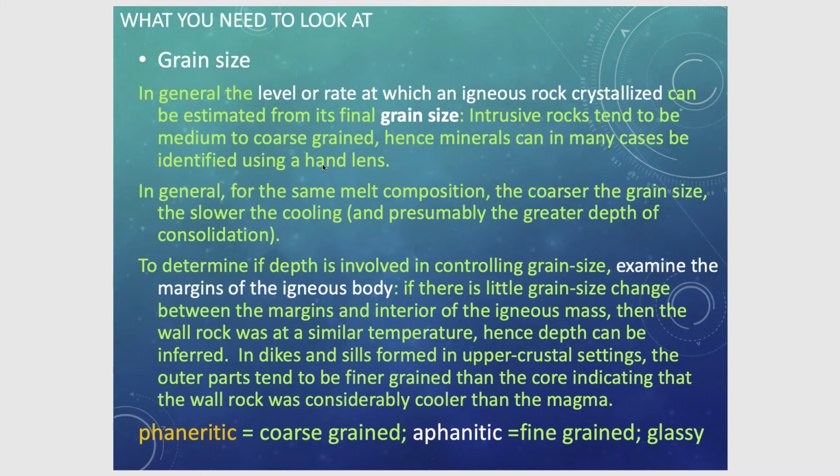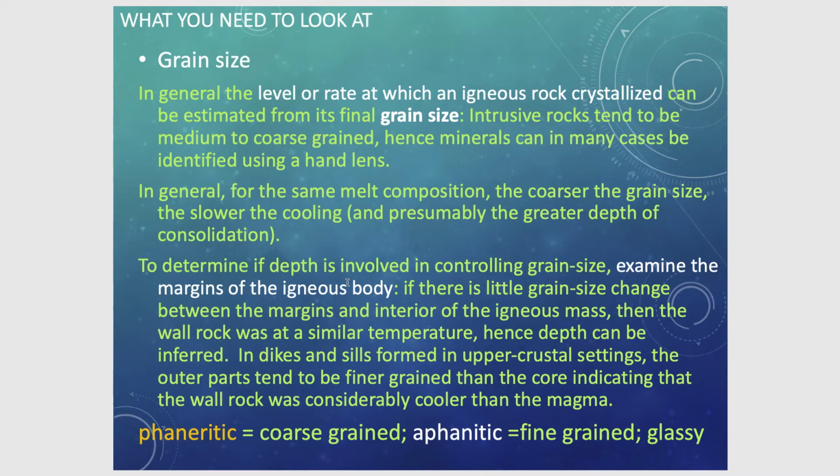There are other things that we can sort of infer as controlling the size of crystals. Here there is an example that is looking at chilled margins. So it's important to understand that often you can recognize relatively shallow intrusives by looking at chill margins. So if we can effectively recognize a systematic change in grain size